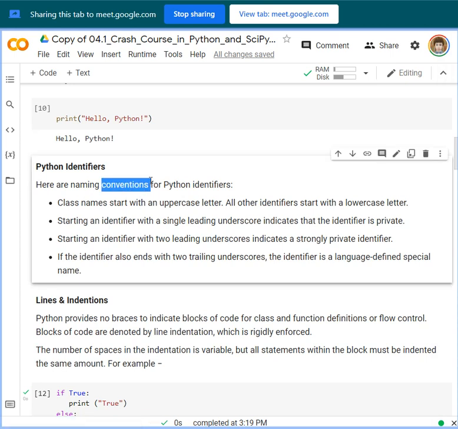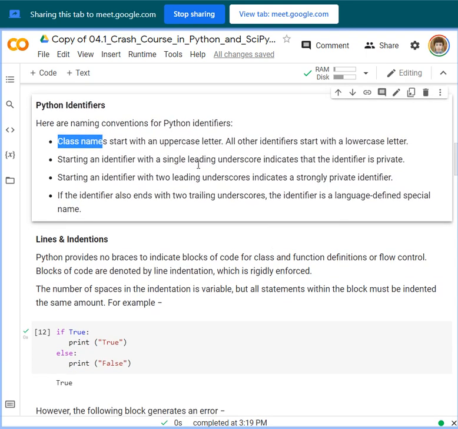For identifiers, this is just a convention generally agreed upon by programmers that it should start with lowercase, because uppercase is for class names. One single leading underscore indicates a private identifier, and if two, that is a strongly private identifier.